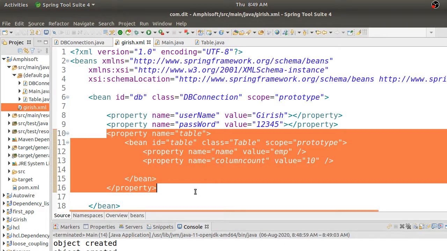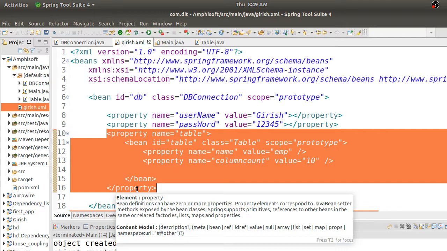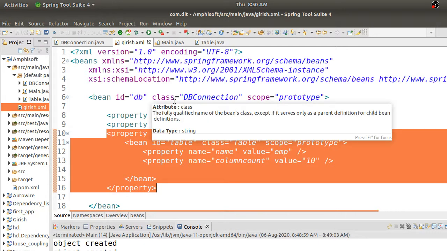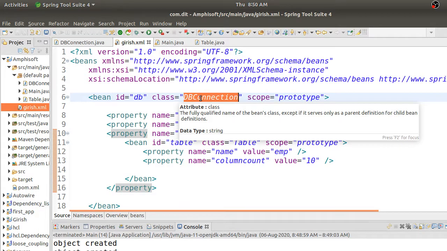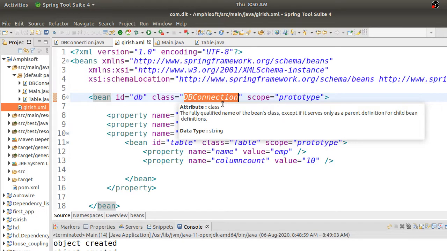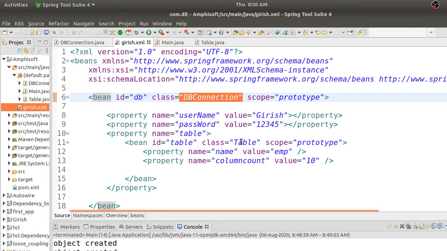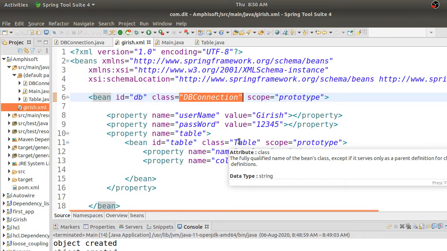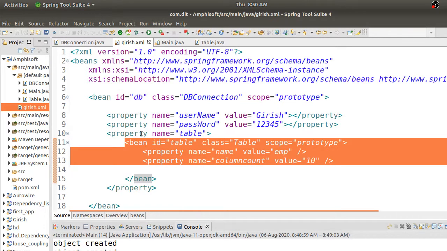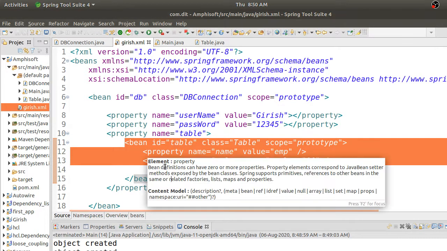If that is the case, you can externalize this property. You don't have to write it as an inner bean. If you write it as an inner bean, it is working fine. I'm not saying it is not working. This way of doing it is ultimately correct. But there is a good programming practice to deal with this, because say tomorrow I have one more class, maybe instead of DB connection, some Hibernate connection or NoSQL connection, some new class that also wants this table. If you write it as an inner bean, every time you have to write it as an inner bean only, correct?